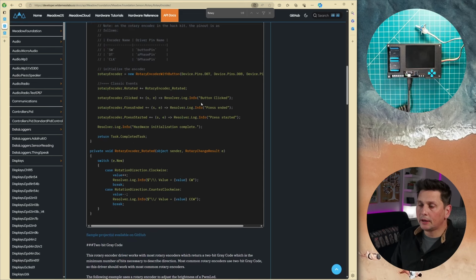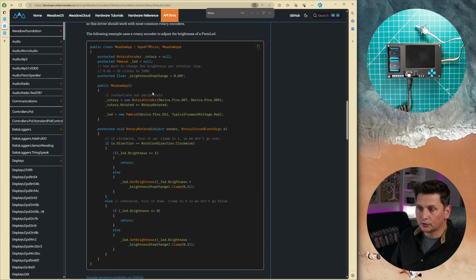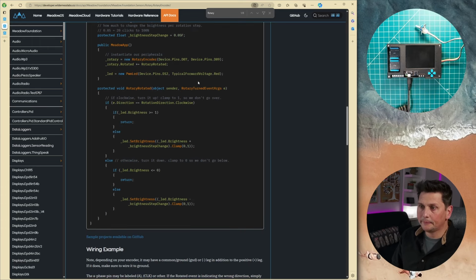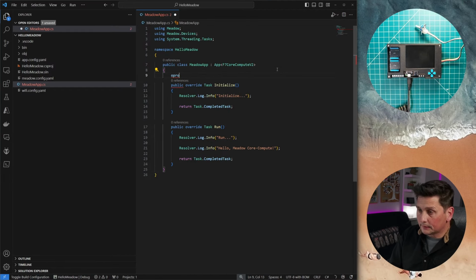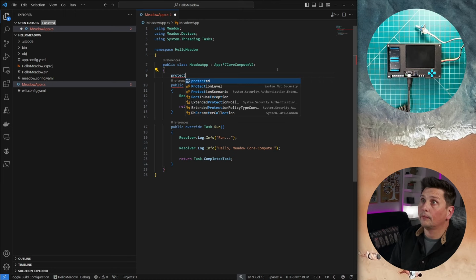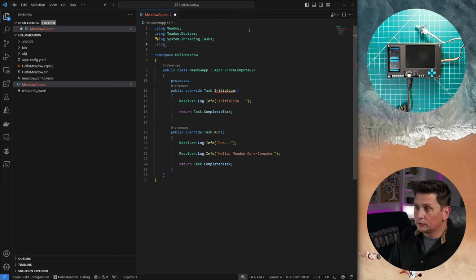So I have my application. There's no using statement required; I just need to create an object of that type and then use it. Okay, so let's go do that in my application. In the class, I'm going to create, well, hold on. I need to add a using statement. Using Meadow Foundation, then Sensor, then the rotary one, right? That's the one we saw in the documentation.